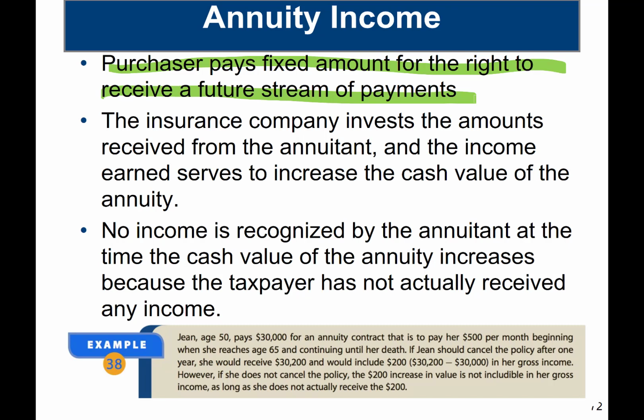Just like in my own personal situation, they have what they call the Thrift Savings Plan when you work for the federal government, and you can take that money out and buy an annuity, or you can leave that money when you retire and just draw off of that money, leaving it with the federal government. What do you think I'm going to do? Just leave it with the federal government.